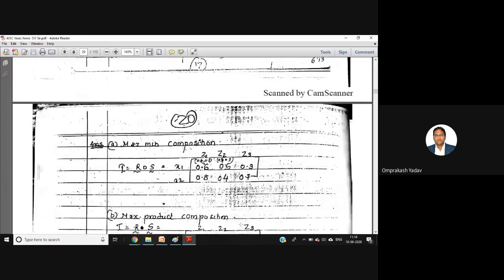Then I gave you one problem. Okay, this one. Two fuzzy relations, R and S, are given. And I told you to determine T as the composition of R and S. So basically there are two types of composition. Max min composition, in which there are two types, max min and min max composition. And the second type was max product composition, right? So max min composition is denoted by a hollow circle, max product is denoted by a filled circle.